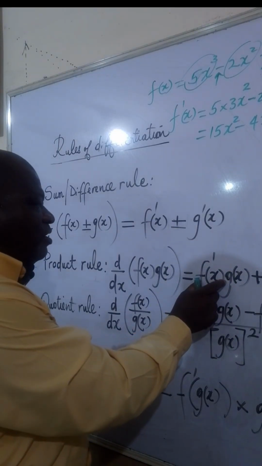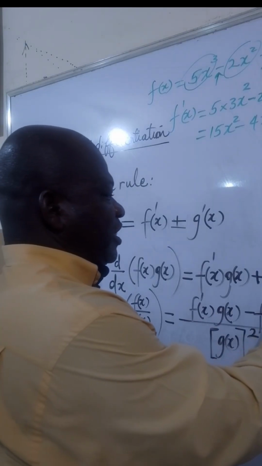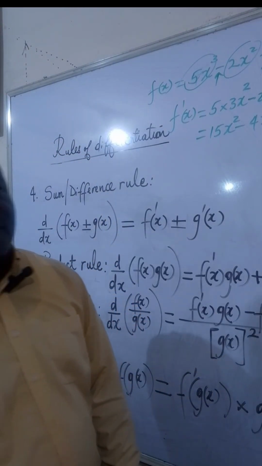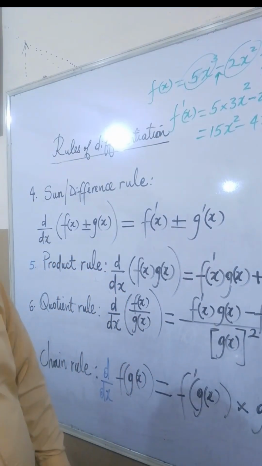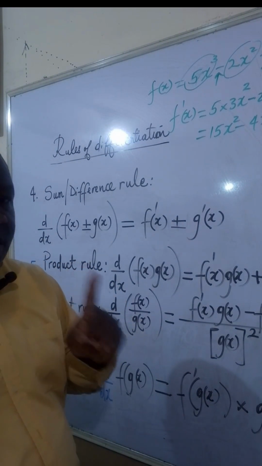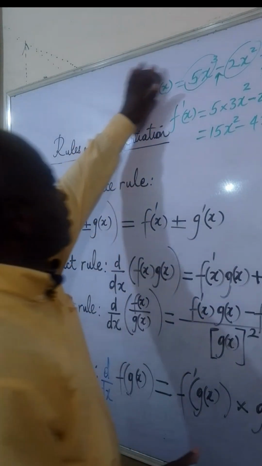Differentiate the first function, multiply by the second function. In this one, we are differentiating the second function, multiply by the first function. So this is how it works. You can't differentiate both at the same time. It's not allowed here. You are differentiating only one function, and I'll leave the other one. For example, if you have,